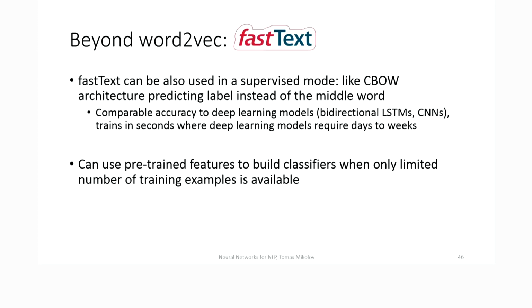Like, if you would go for Facebook-scale or Google-scale data sets with billions of words, then this would take way too long. You would have to optimize the deep learning models for a very long time, while FastText is very simple and can run in minutes. So as I was saying at the beginning of the talk, often it's good to try the basic techniques first, and if they give you the same accuracy and run much faster, there's no real reason to use the complex techniques, unless for some academic reasons.